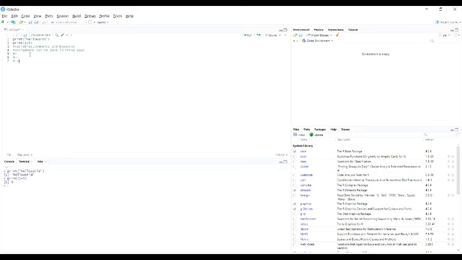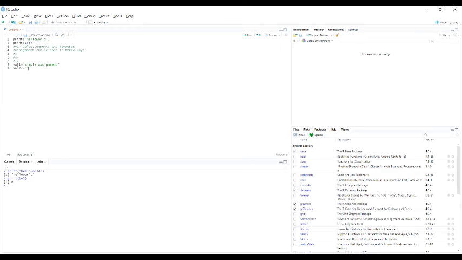Let's see an example of each type of assignment. Let me give var1 equal to simple assignment. Then var2 less than dash leftward assignment, because it represents leftward assignment.